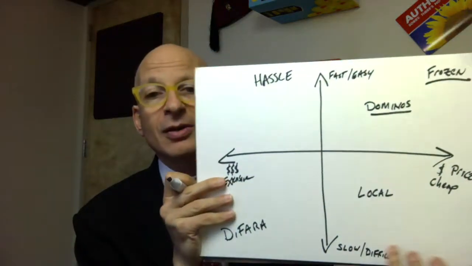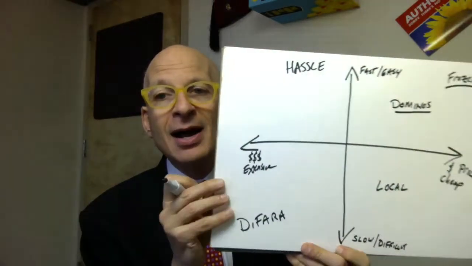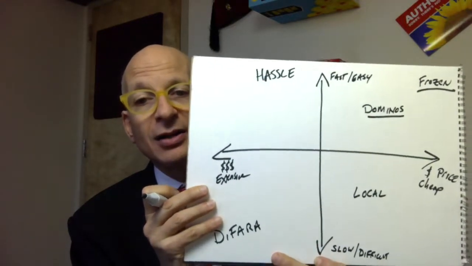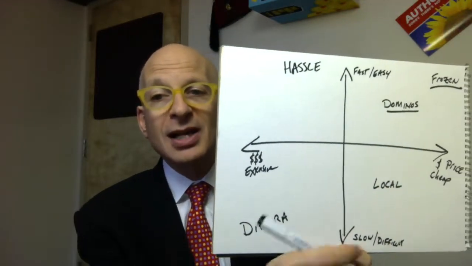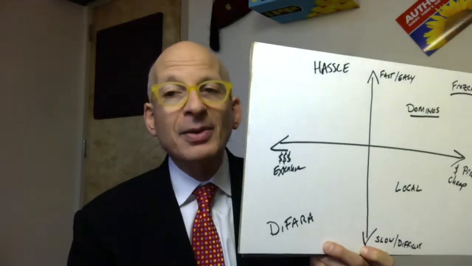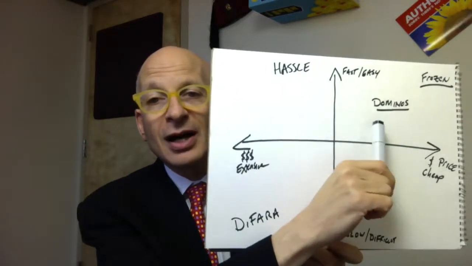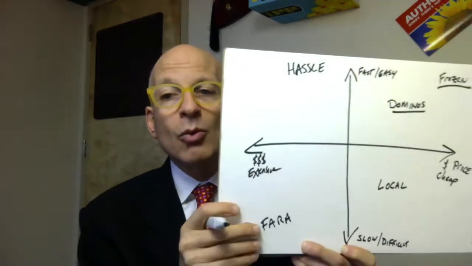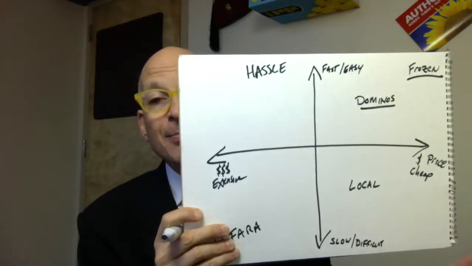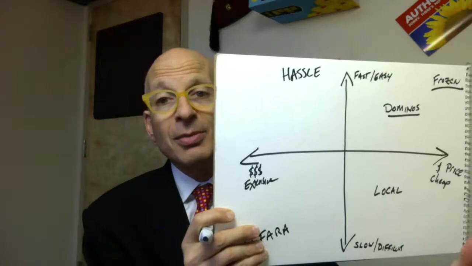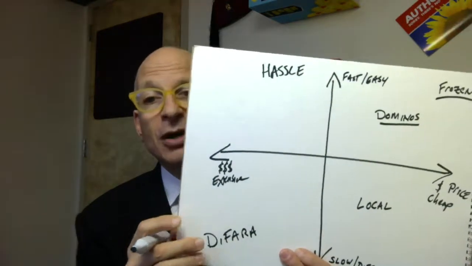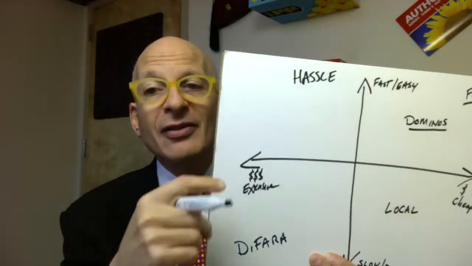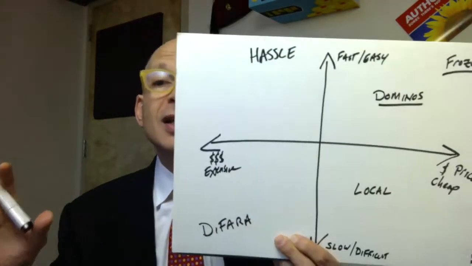So let me take another one. All right, so I just drew this up for you. And here we have the XY for pizza. Now, pizza used to be just this, local. That was your only thing. It wasn't that expensive, and it didn't happen that fast. Then Domino's came along after drawing this grid, and they said, wait a minute, what would happen if we made pizza that wasn't any better than local, maybe even worse, but you got it fast and easy? So they said, that's what our position in the marketplace is. We are not going to try to sell you on the fact that we're better pizza. We're going to try to sell you that we're easier pizza.